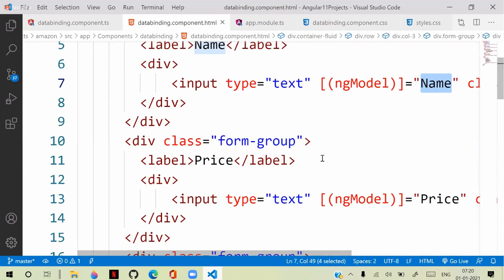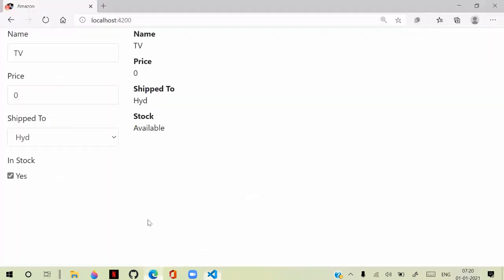So that is generally how we can manage data binding. But here, whenever you make any change, it is updated here. Every value you change is updated immediately. So it depends on your requirement, how you want to configure.